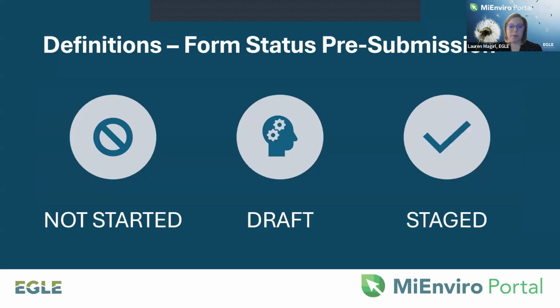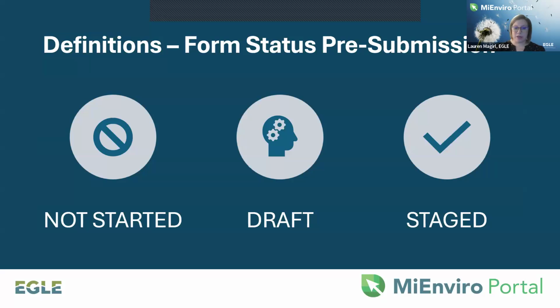So as we work through forms within a submission package, you will see different statuses. I want to go over these before we start the live view this morning. So we have not started. This means the form has not been started. There's draft. This form has been started, but it has not been completed. I want to point out draft forms as well as not started forms will not be submitted when a submission